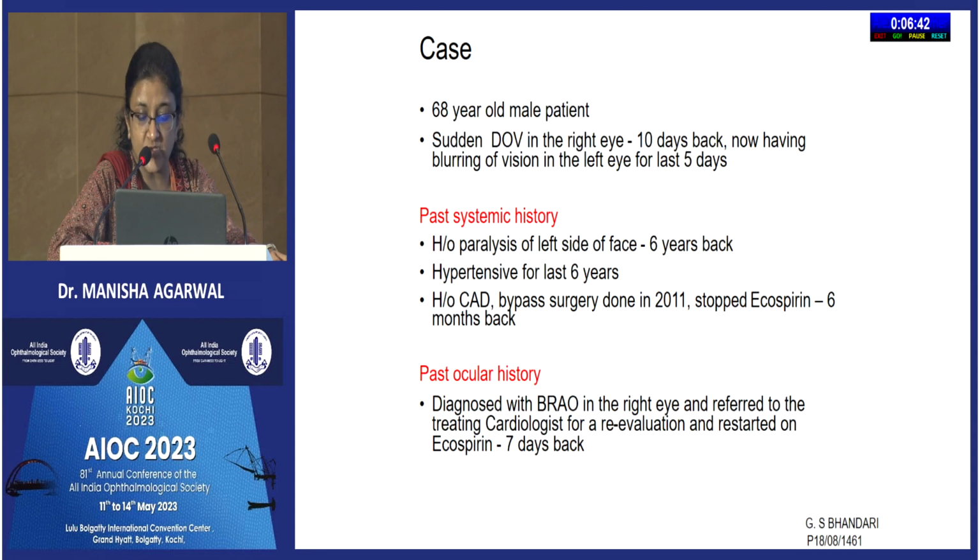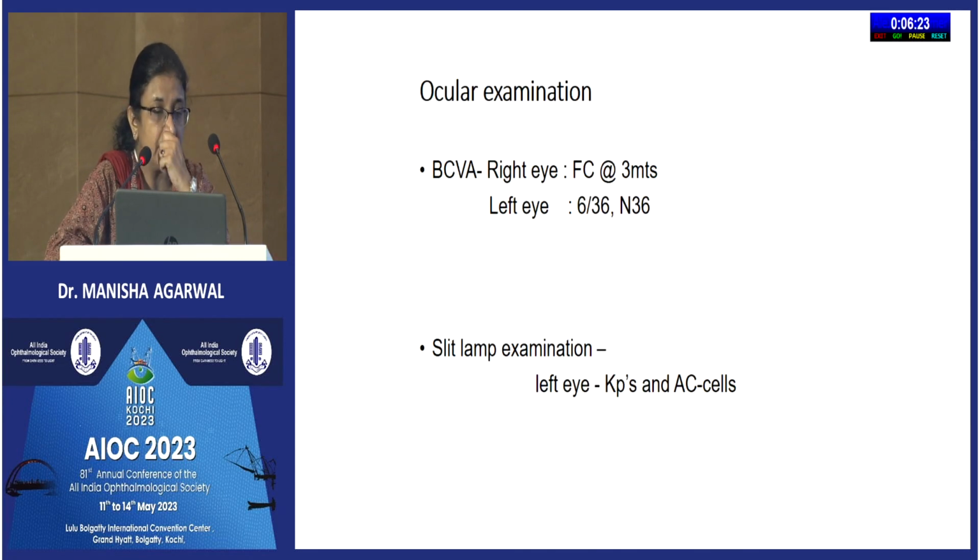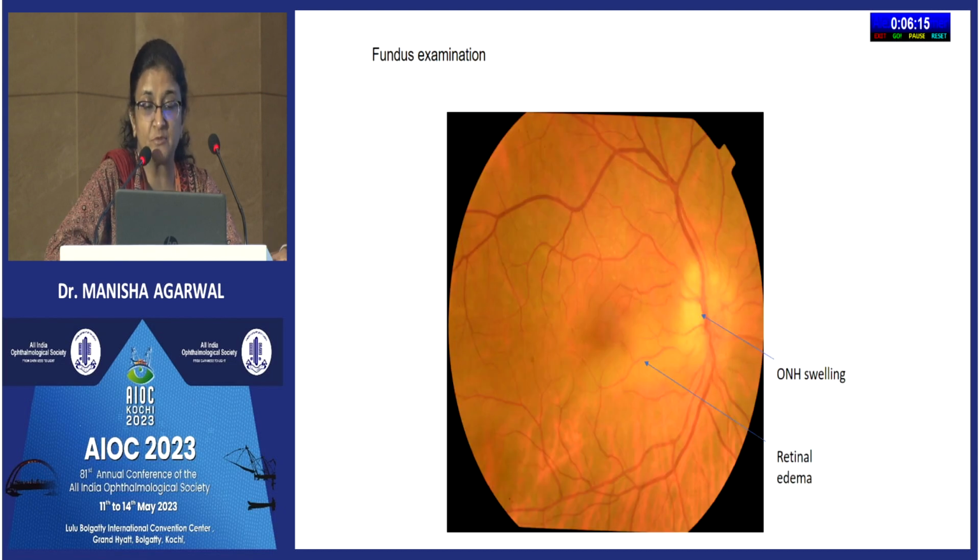He had been diagnosed as a branch retinal arteriolar occlusion in the right eye somewhere else and referred to the treating cardiologist, because the treating ophthalmologist thought that there was a embolic episode of BRAO, because the patient had stopped Ecosprin. And the patient went to the cardiologist and the Ecosprin was started again. The problem was that this patient started losing vision in the left eye, and the left eye vision had dropped to 6/36. When the patient came to me, because he was getting worried,